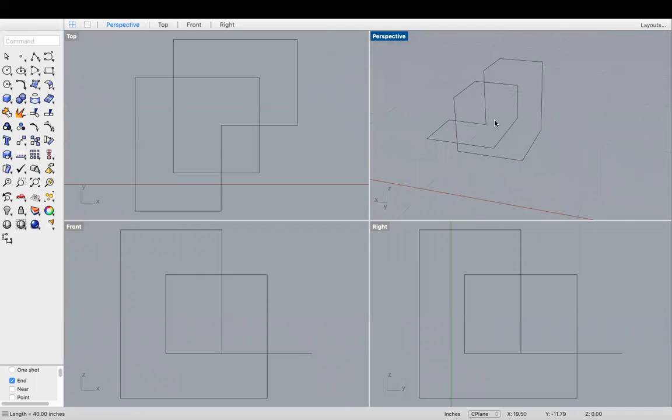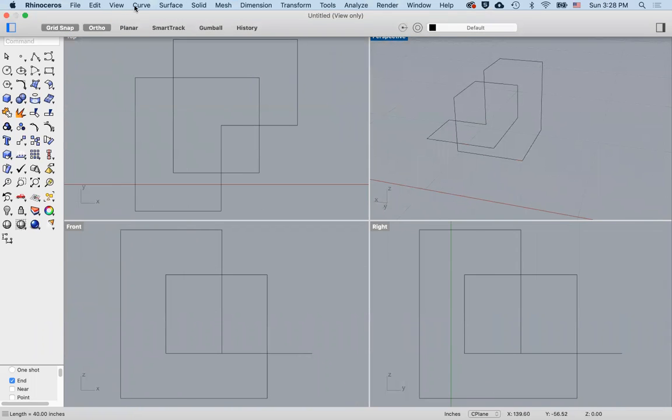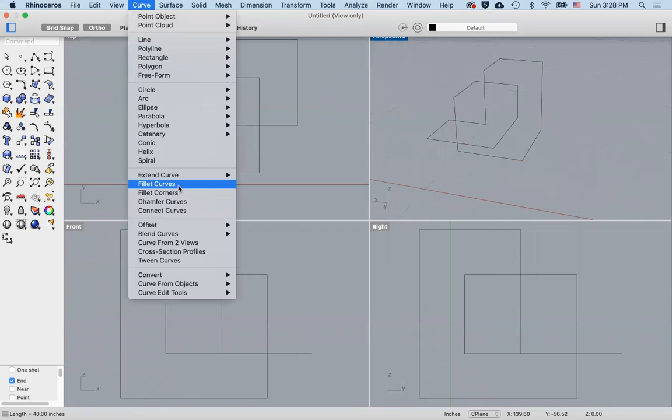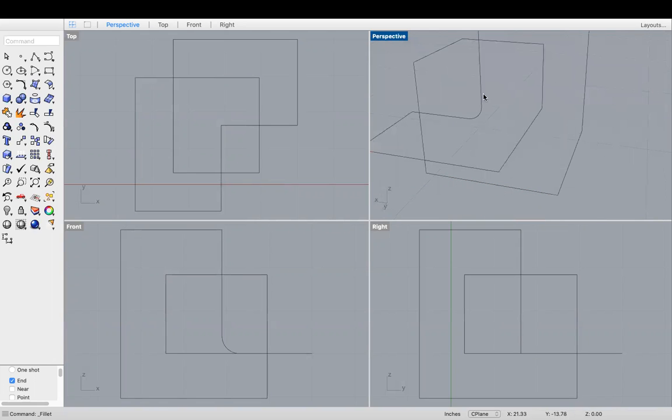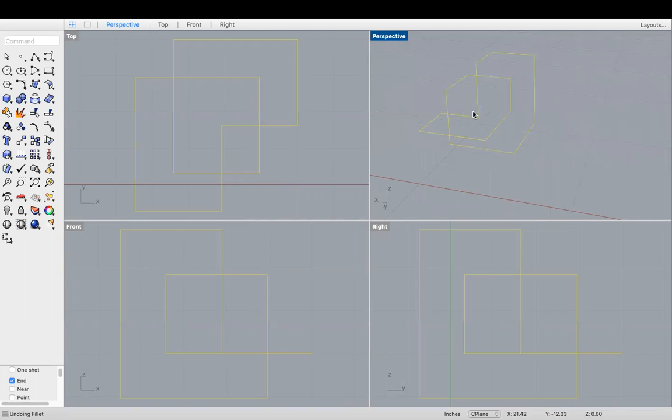Now I want to give the line a thickness. To do that, I use curve, fillet curves to fillet each corner with a radius of 0.4. So I select this and make sure the radius is 0.4, and I select the other line. So I make a fillet at this corner, and I can keep continuing to do the same for every corner, or I can say